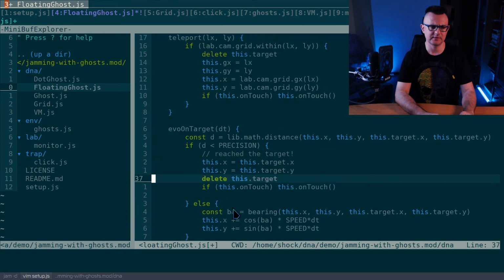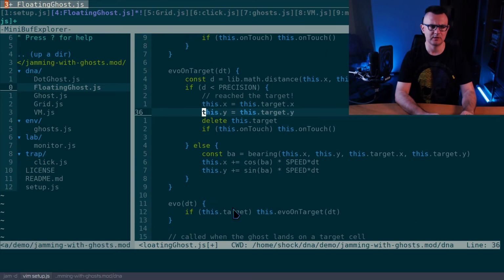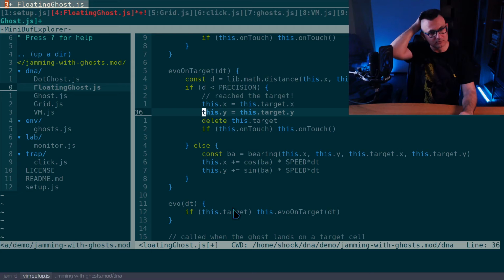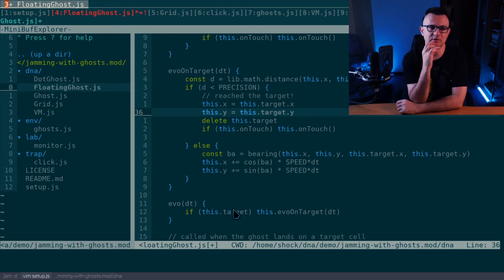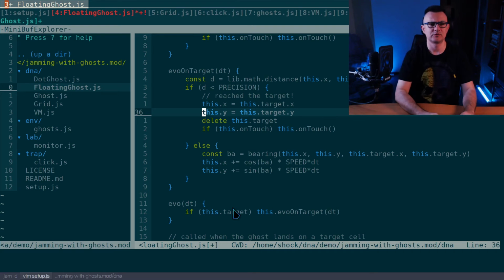And the same thing should be here. We put the target. We should store